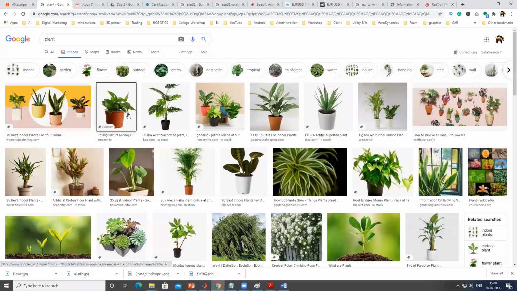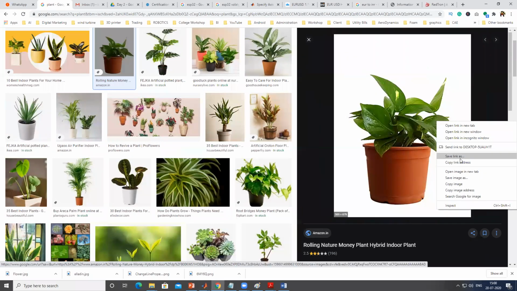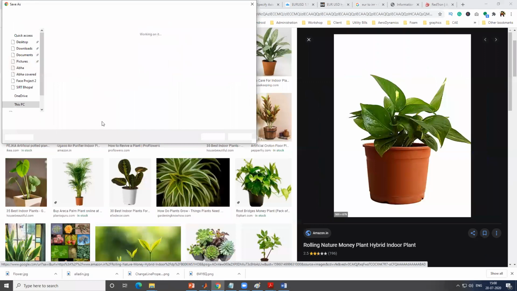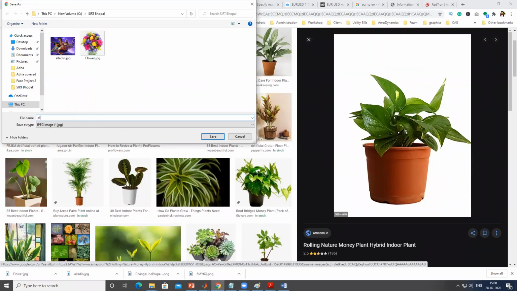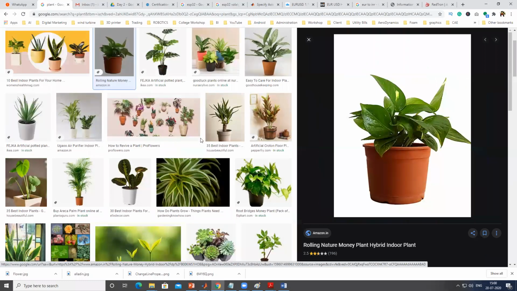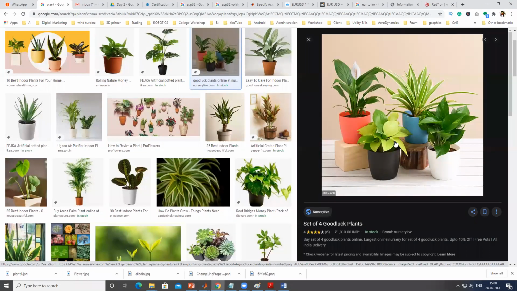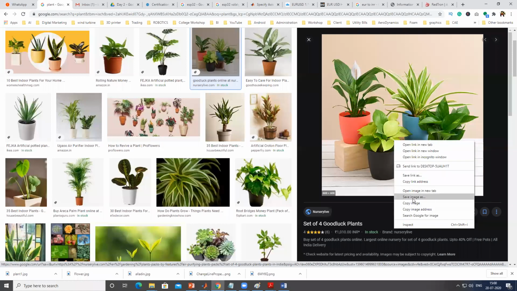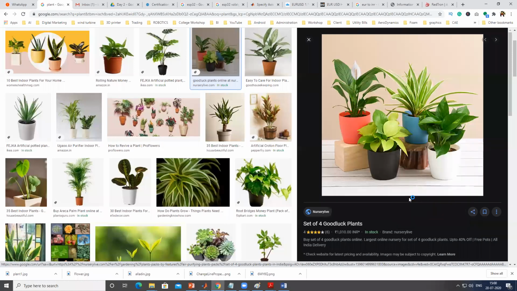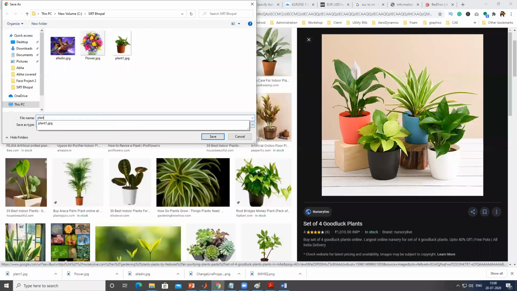This image, I'll download it, save image as plant1.jpg, save. And whether it works perfectly or not, I'll use the other image, an entirely different one, save image as plant2.